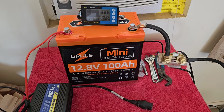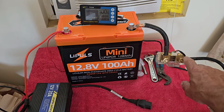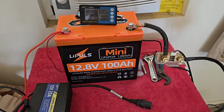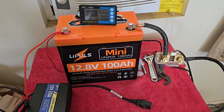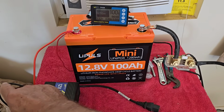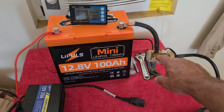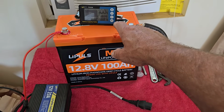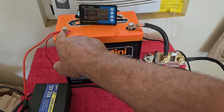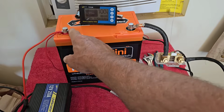Okay, so back to the connections. So the cable that comes off of this side, which is marked power minus or power negative, that's what's going to whatever you're going to be powering. So we want to go on that side with the negative cable right here, the negative cable of the charger, because we want it to run through the shunt in order to get proper readings on there. Okay, now the positive is this little wire right here, a little red wire, and that's connected on the positive pole of the battery along with the positive wire for the